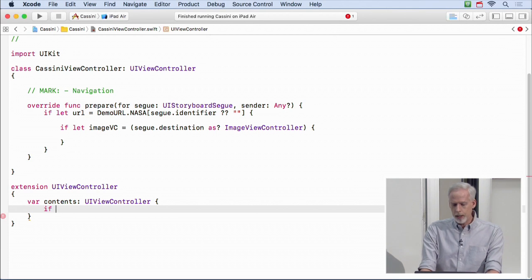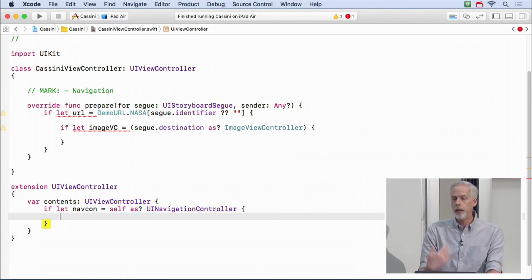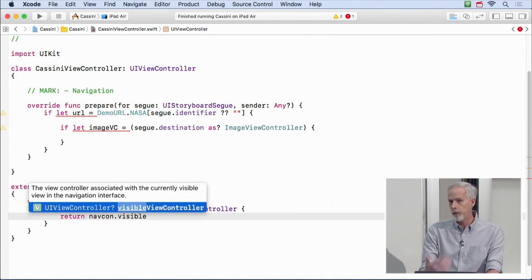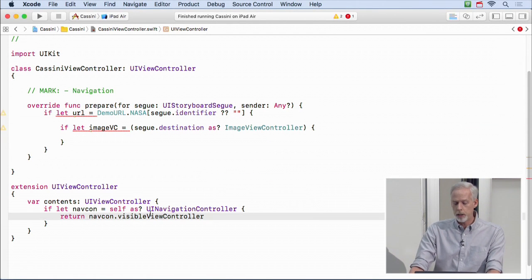So I'm just going to say here, if I can let navcon equal myself as a UI navigation controller, in other words, if I'm a navigation controller, then I'm just going to return the navcon's visible view controller, but navcon is myself. It's just that it's myself as a navigation controller, so I can get this var from it.